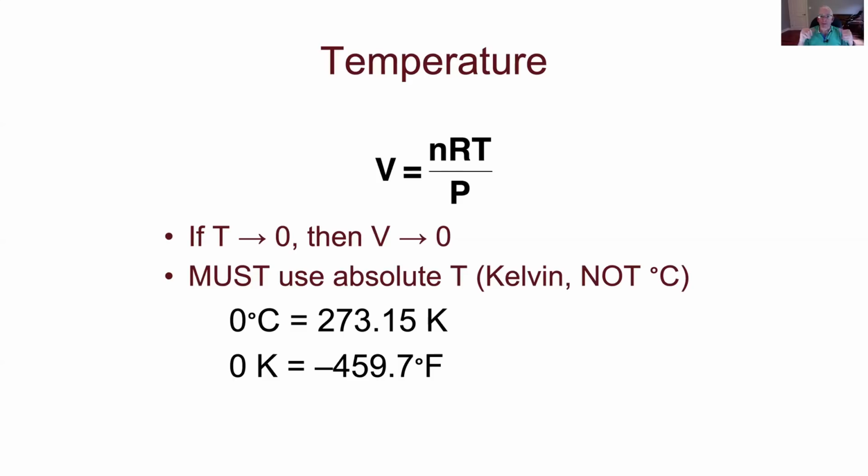So for our purposes in here, we'll always be using Kelvin in the gas law. Basically, anytime you're multiplying or dividing by a temperature, make sure you're in Kelvin on an absolute temperature scale. Absolute scale means it has the 0 point at the so-called absolute 0 temperature. Okay, 0 Kelvin is equal to, as it says down there, minus 460 just about degrees Fahrenheit, which is obviously very, very cold. In Celsius, 0 Kelvin is minus 273.15